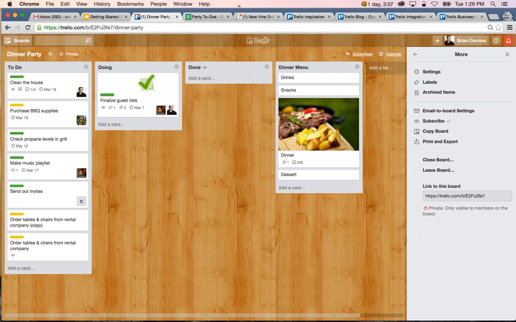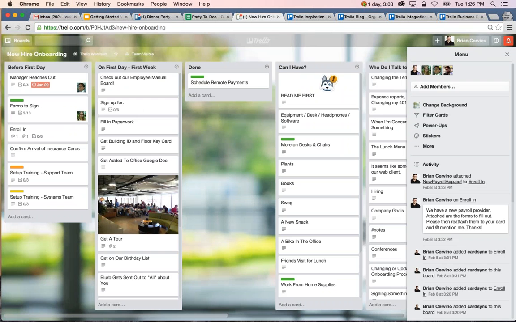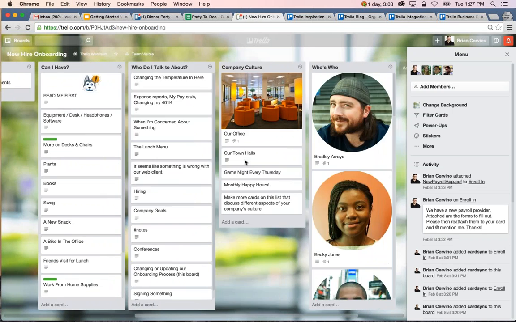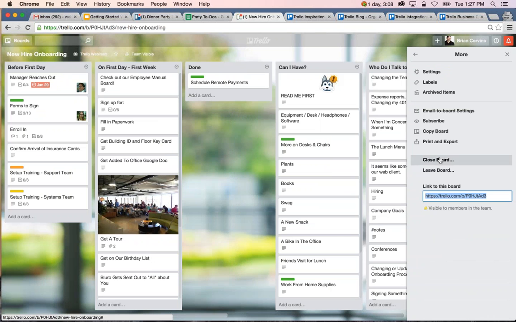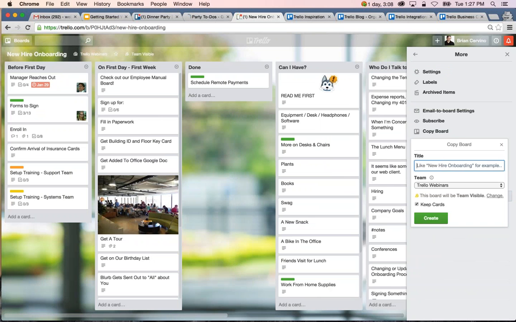One way that we use the copy board feature at Trello is for our new employee onboarding board. So every new employee gets their own copy of this board, which is all the resources that they need to get up and running at Trello and get to know the rest of the team. And so if I add a new hire, I can go in, copy this board, name it New Hire Onboarding, and I'm going to name it for Tom, our new hire. And I could pick the team,